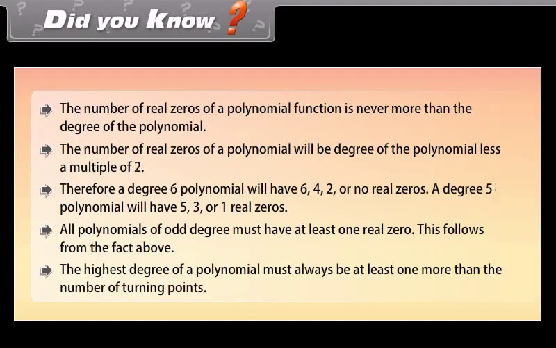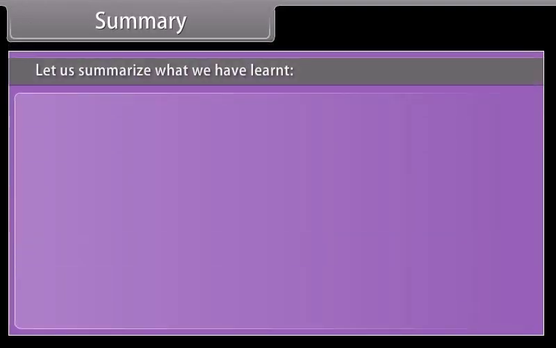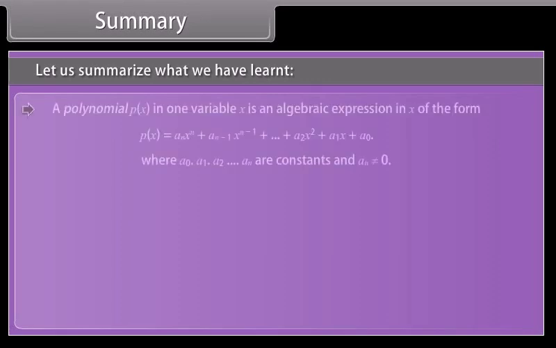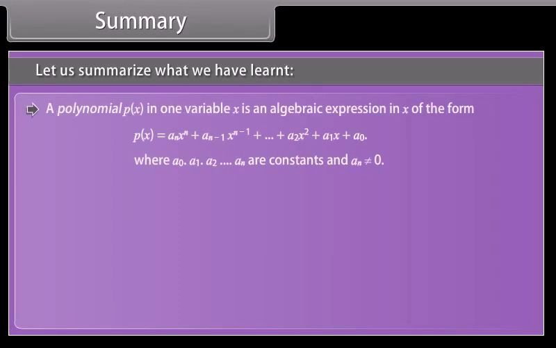The highest degree of a polynomial must always be at least one more than the number of turning points. Summary. Let us summarize what we have learned. A polynomial p(x) in one variable